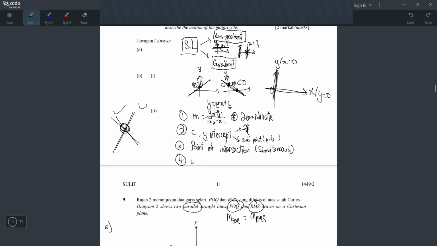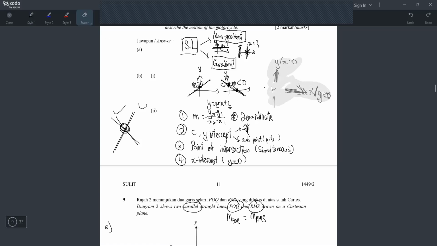Okay, number 4. Yang ni dia suka tanya X-intercept. This one dia memang suka tanya. Okay, X-intercept apa you buat? You ganti Y equals 0. Okay, sebab apa tahu? Sebab saya sudah explain tadi. Kalau X-axis, apa dia punya equation? Y sama dengan 0, right? Because I explained just now already. Kalau dia punya line macam ni, dia akan jadi Y equals number, right? And if X-axis dia akan potong Y dekat 0. That's why the X-axis is Y equals 0. Macam tu.